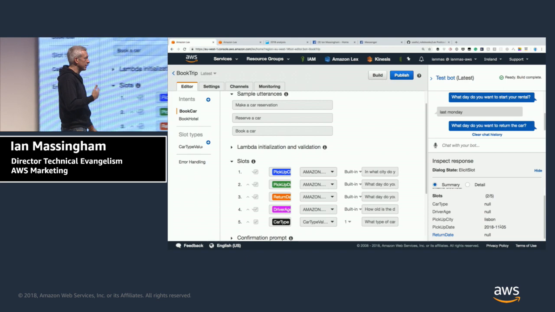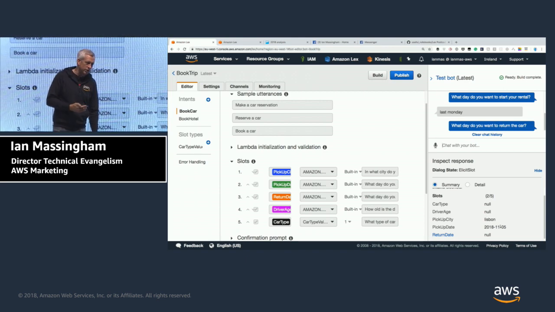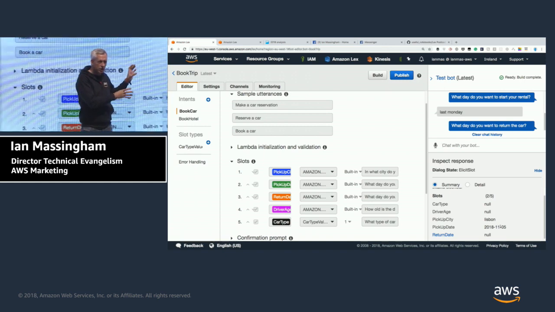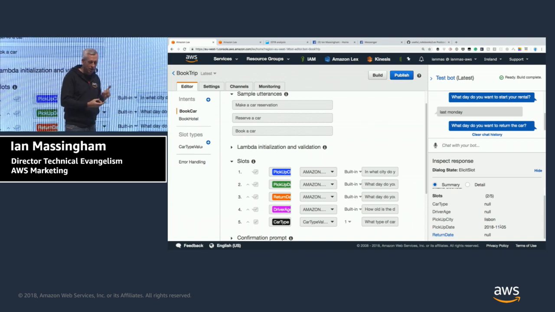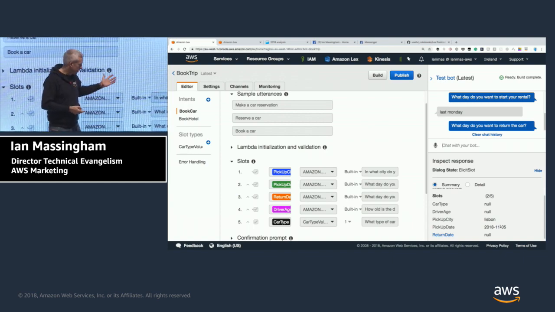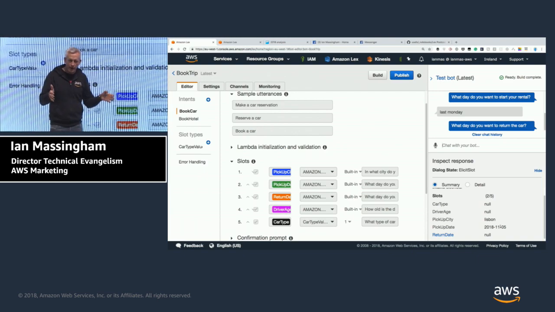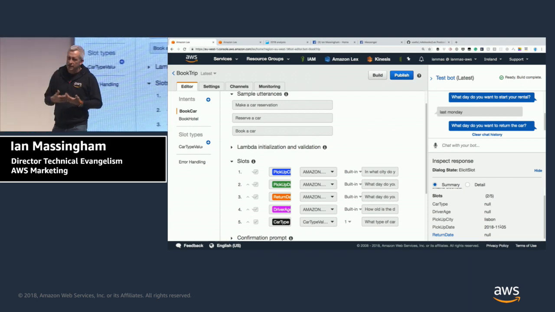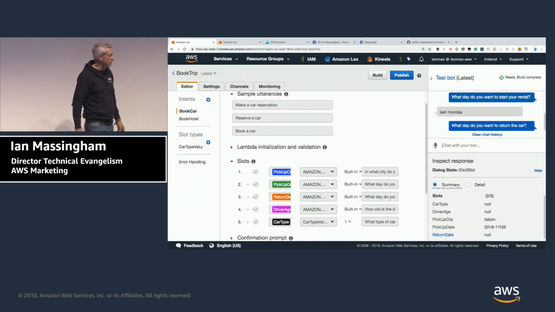But the second thing is, it's obviously nonsensical for me to rent a vehicle in the past, right? I can't make a reservation for a date that's already happened. So you should realize here that at this stage, there's no validation, okay? What's happening is I am detecting whether the data types match the data types that are specified in my slots. But I'm not able to apply any constraints, any boundaries, or validate whether or not the values that I'm providing actually make sense in the business context for this particular transaction. Okay, but we will identify that that's a date.